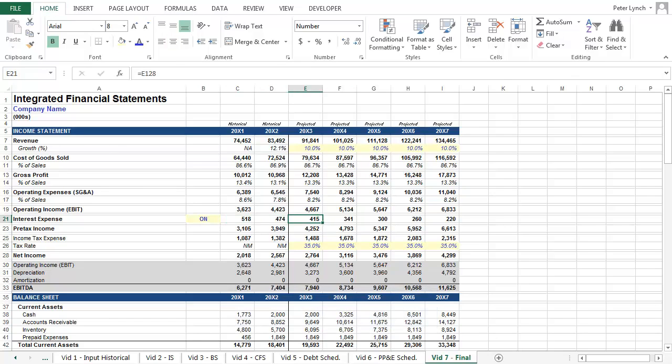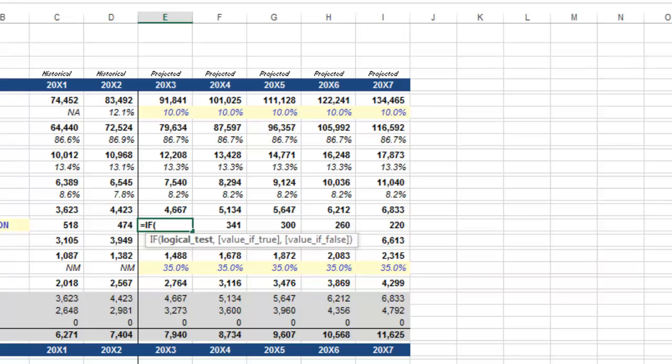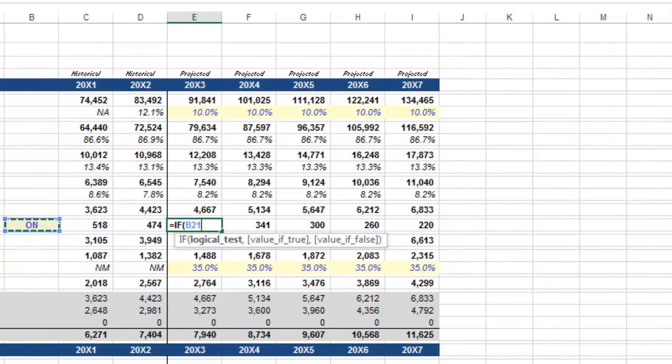Now we're going to be inputting this formula in the interest expense line. You can see that currently interest expense is linked to cell E128. What we're going to do now is use an if statement to incorporate our circularity breaker. What the if statement does is check whether a condition is met, and then either return a value for true or another for false. So first, input your condition or logical test, which for this purpose will be if B21